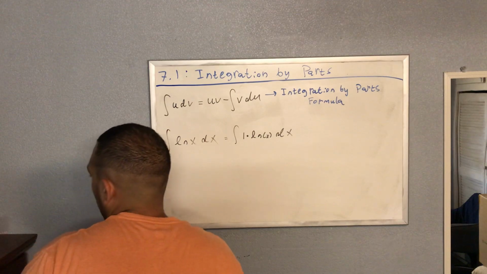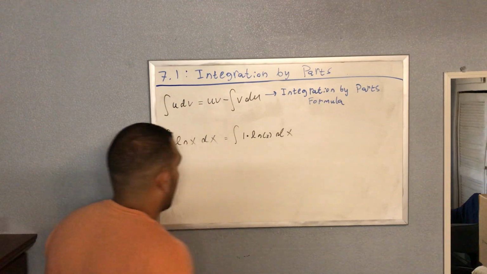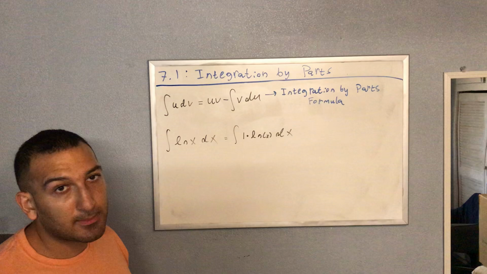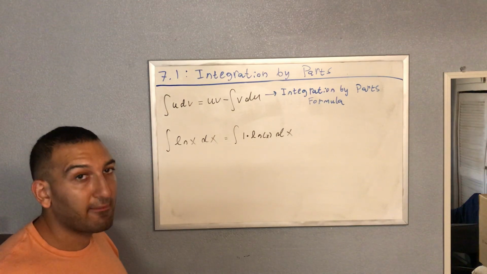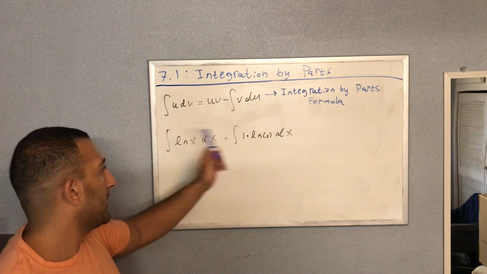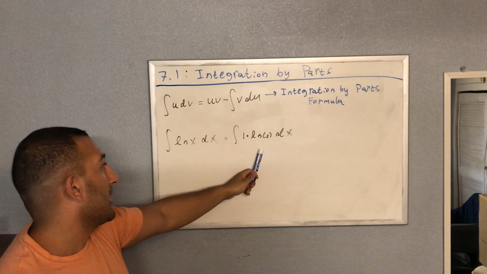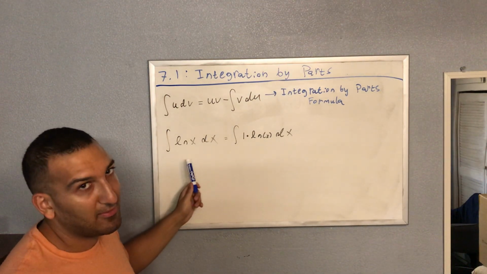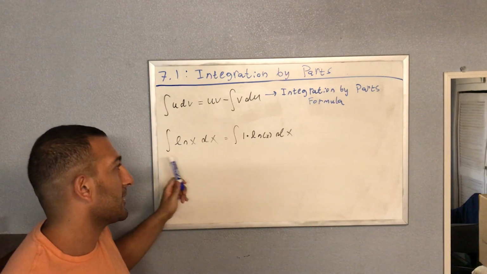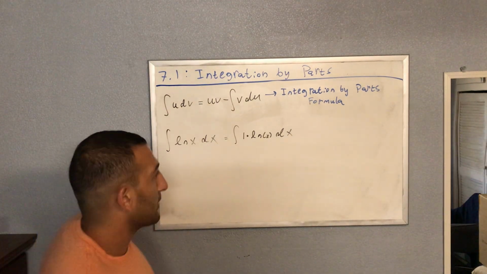So now we're going to pick our u and our dv. Remember, whatever dv becomes, we end up integrating it to get v. So if I pick dv as ln, that's going to be very bad because the integral of ln is the thing I'm trying to find out. We don't know what that is at this point. So that's a very bad choice. So we're going to let